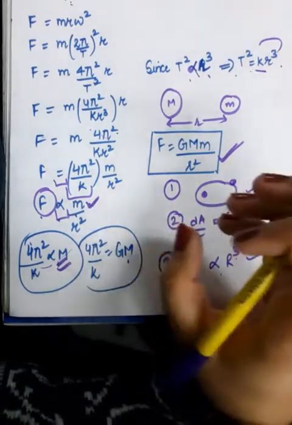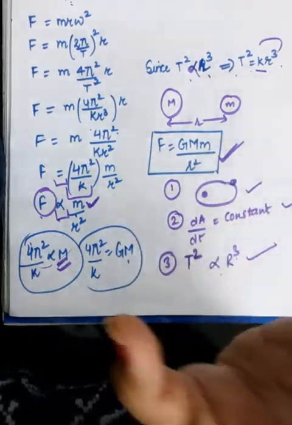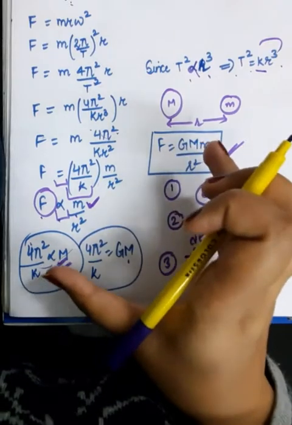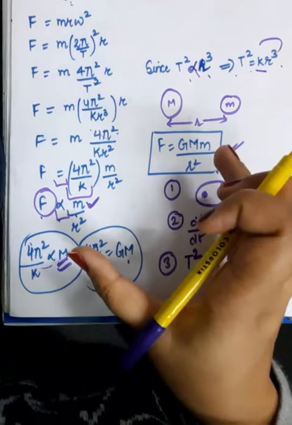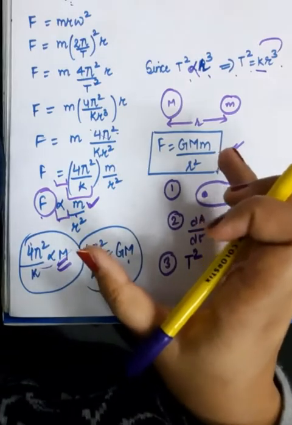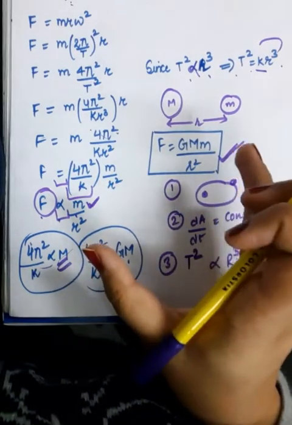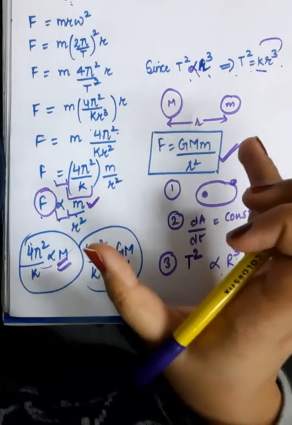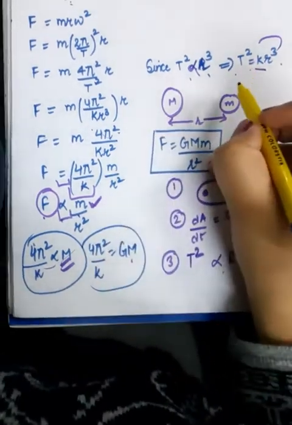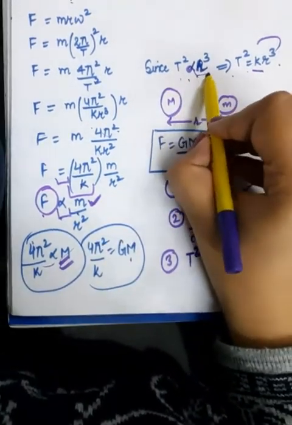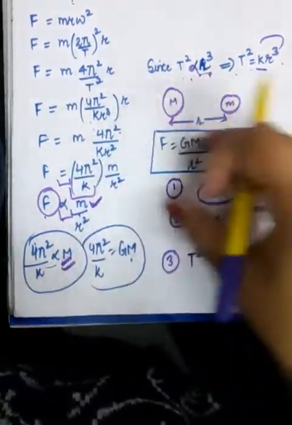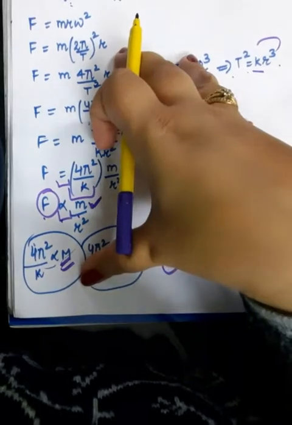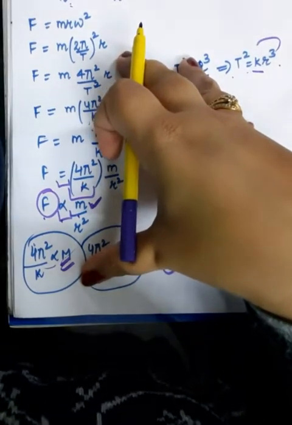So did you see that by using Kepler's laws, you actually have derived Newton's law? See, you used the assumption that planets are revolving around elliptical orbits, and that's why you have gone up till here. And similarly, you used the assumption that T square is directly proportional to r cube. That's why you got this. So by using all these Kepler's laws, you have finally reached Newton's law of gravitation.